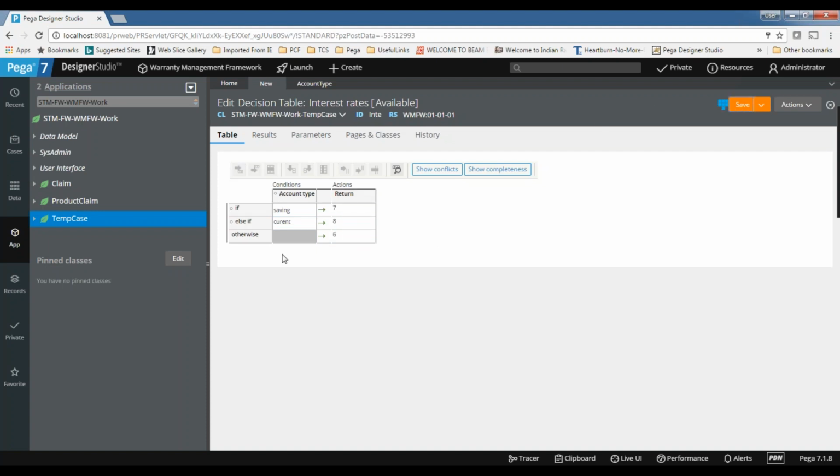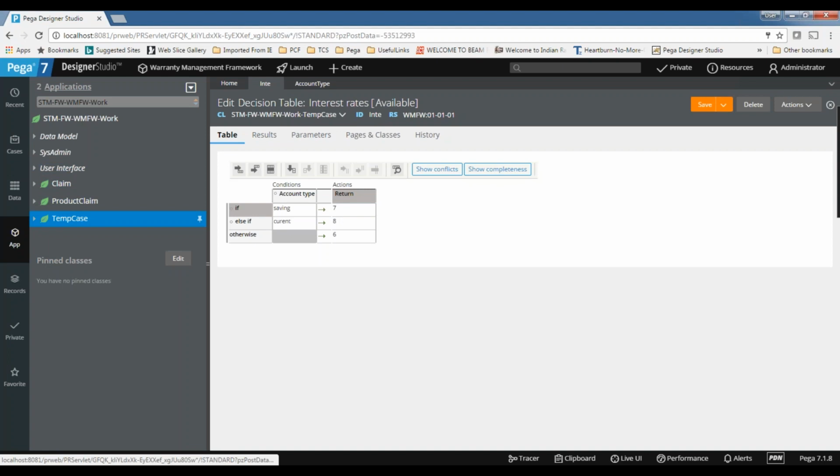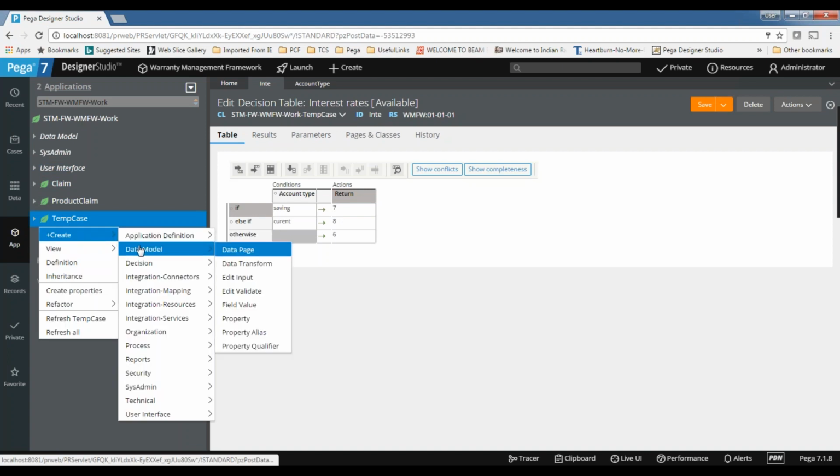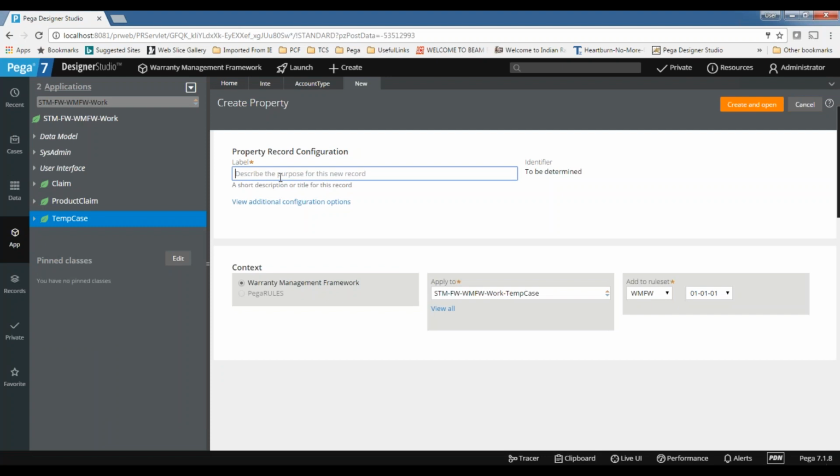Here I'm just returning the values, but if you want to set the values to some property, so generally most of the people don't know that we can set the values directly in the decision table. What people will do is they will call the decision table, and once the output is coming, based on the output, they will set it to some property. But here you can set to some property as well. Let's say, let me create one more property. So dt set property.